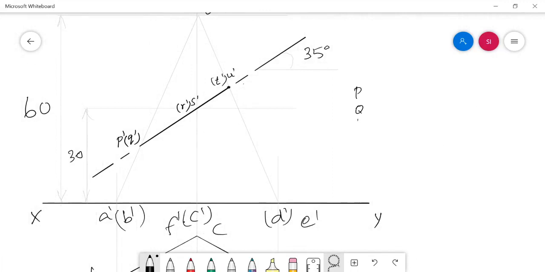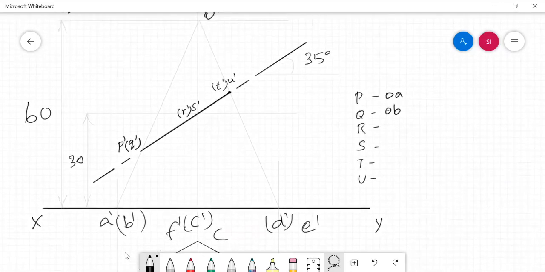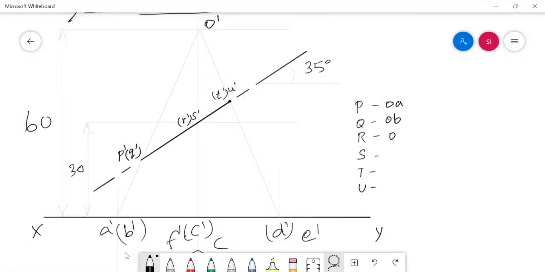P, Q, R, S, T, U are the cut points got from this problem, and the cut point P is in the slant edge OA, and the cut point Q is in the slant edge OB, and the cut point R is in OC, and S in OF, and T in OD, and finally U in OE.